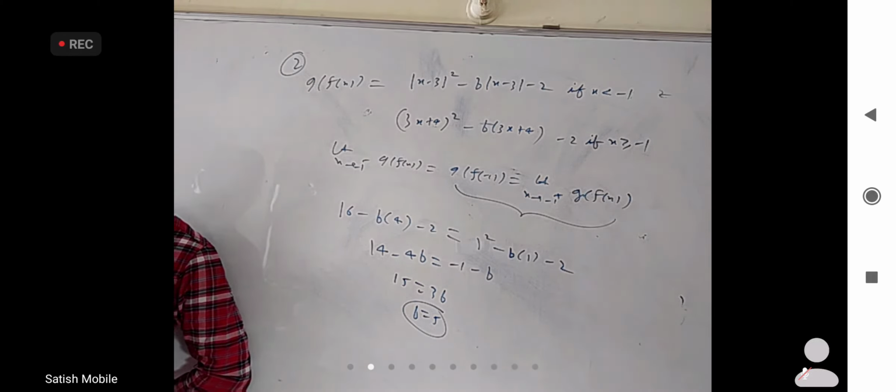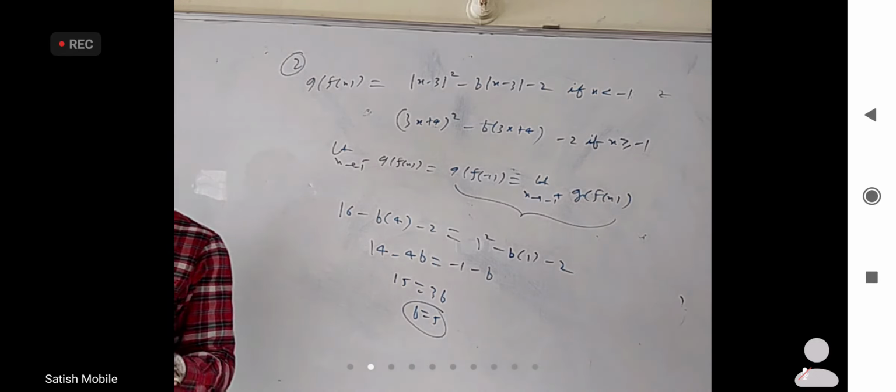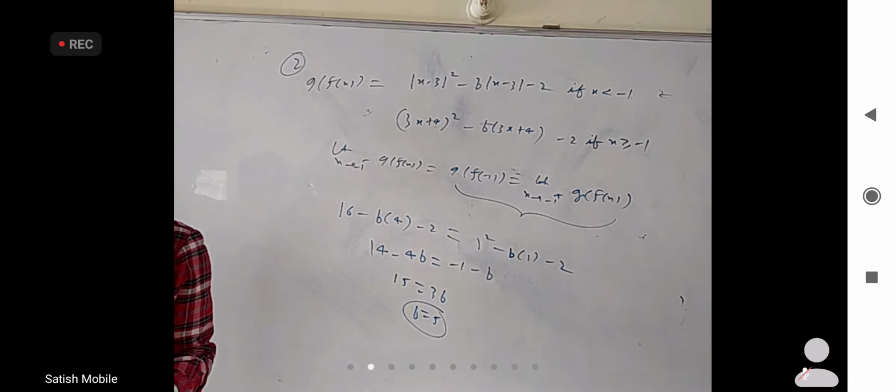This writing is okay, this is better, but still, at minus 1 the left limit for f alone is actually 4 and the right limit is 1. But at 4 and 1, g of x should have the same value, then only it will be continuous. It means 1 and 4 should be roots of that quadratic equation, and b will be the sum of the roots, 5. I can directly say that. I want a quadratic expression to have the same value at alpha and at beta. That is only possible when alpha plus beta is the sum of the roots.